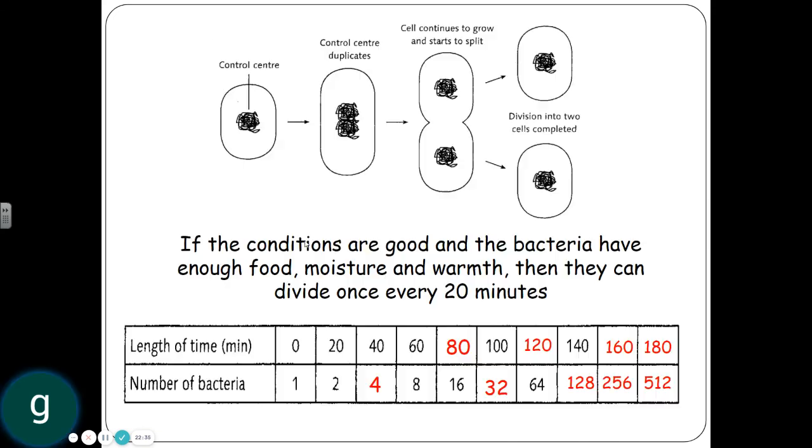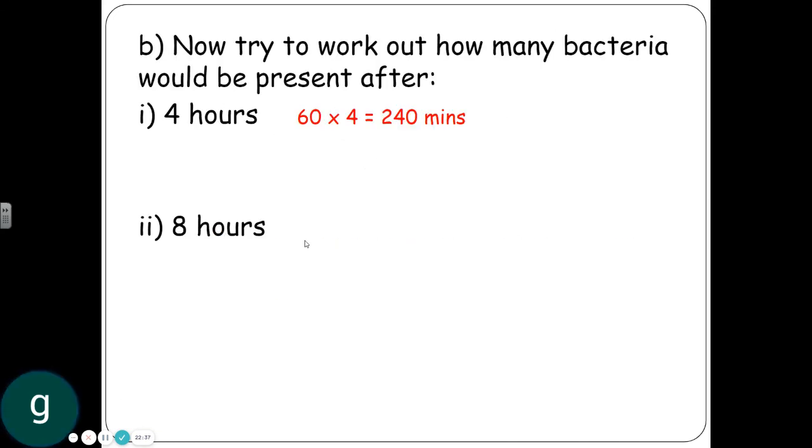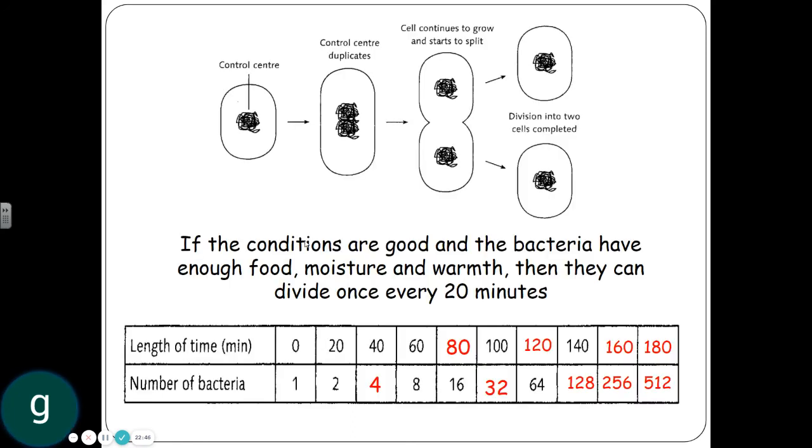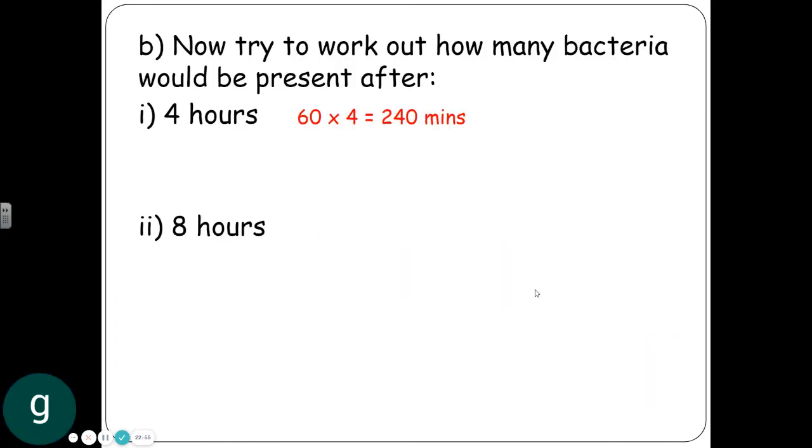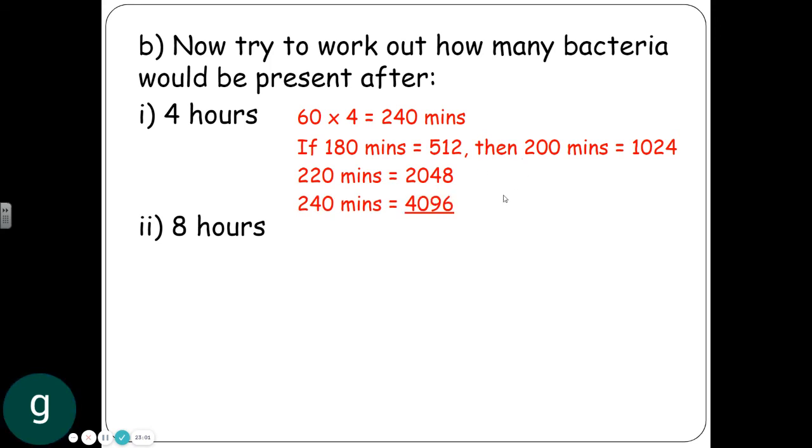So try and work out how many bacteria there would be after 4 hours. So 4 hours is 240 minutes. So how many jumps of 20 is that? So 240 minutes. You're just going to keep this going to 240. So you would jump to 200, 220, 240. So 512, 1024, 2048, and 4096. You would then keep doing that for another